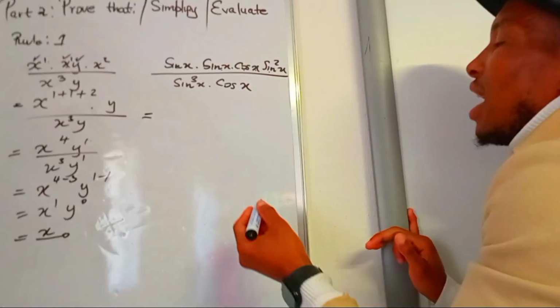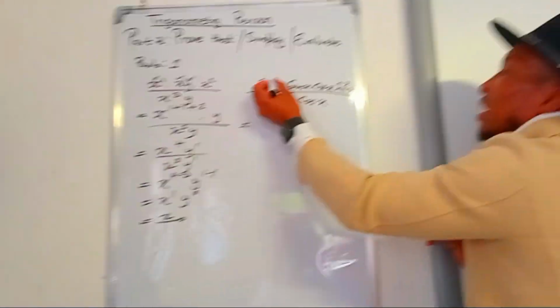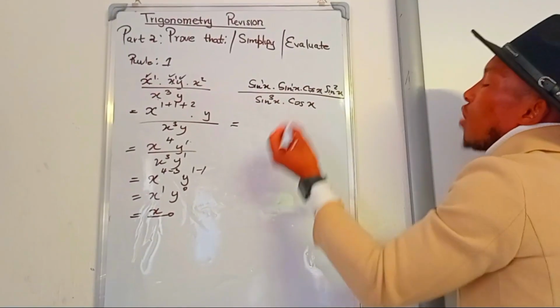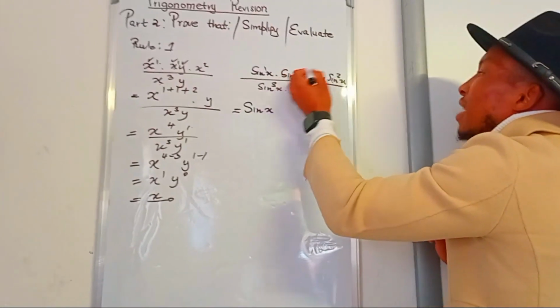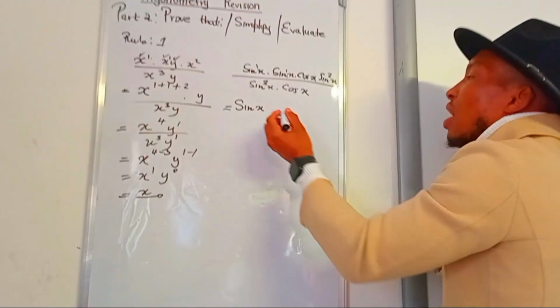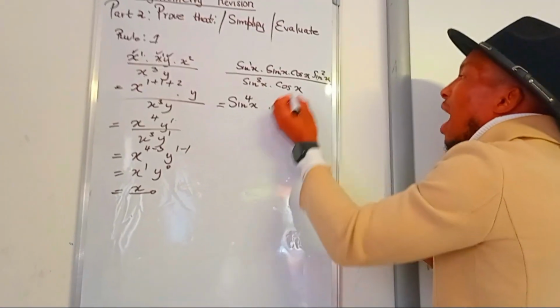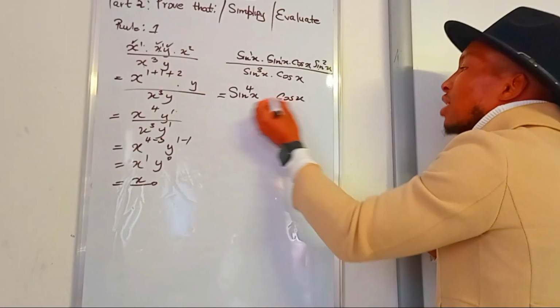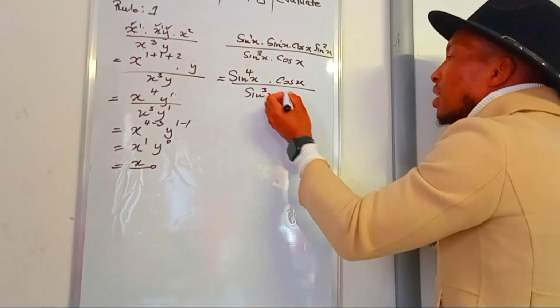Therefore, as you see here, you're just applying the laws of exponent. Since here we have 1 and also 1, and also we have 2 here, you're going to take only one sin x, then you add the exponents. 1 plus 1 is 2, 2 plus 2 equals 4. Therefore, we have sin to the power of 4x, then times cos x, all over sin to the power of 3x,